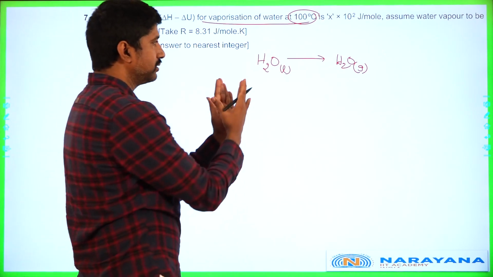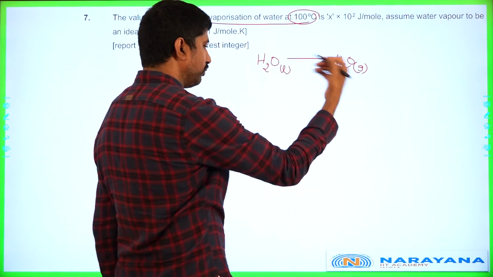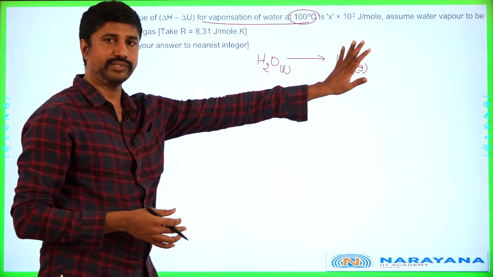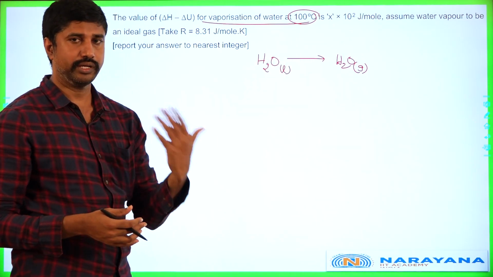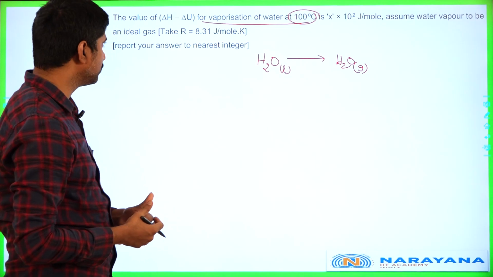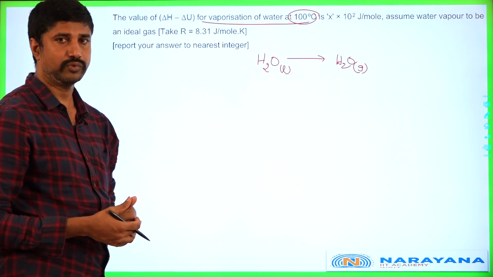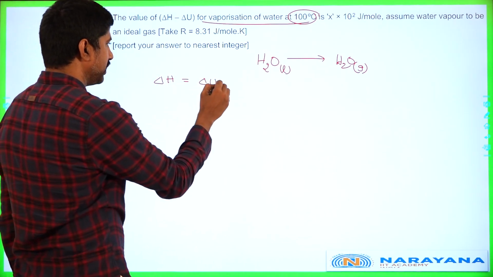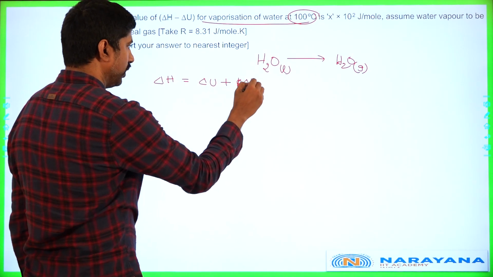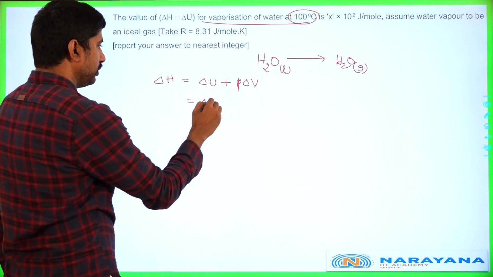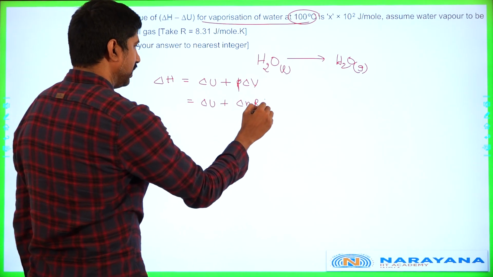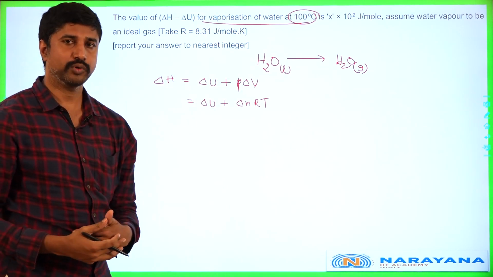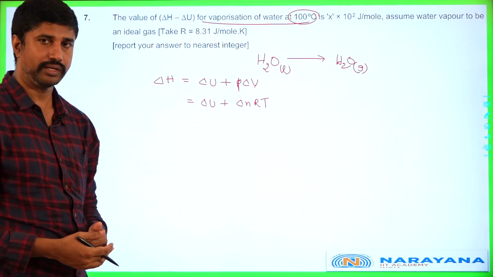Generally, as the process is isothermal, we would expect that delta E is 0, but because of the change of state, the internal energy of gas is more than the internal energy of liquid, so delta E is not equal to 0. Here in the question they are not asking to calculate delta E, they are asking directly for the difference. Delta H is equal to delta U plus P delta V if volume is variable, or delta U plus delta nRT if the number of moles is variable, meaning if gaseous products are formed, we can use delta n also.